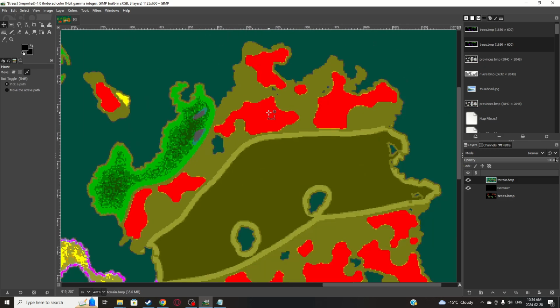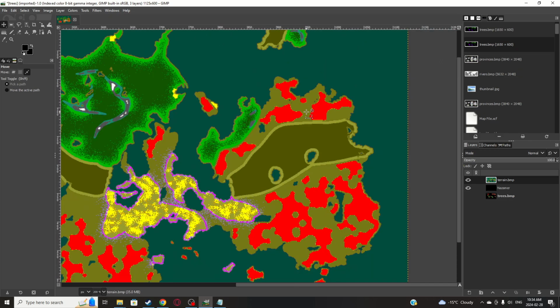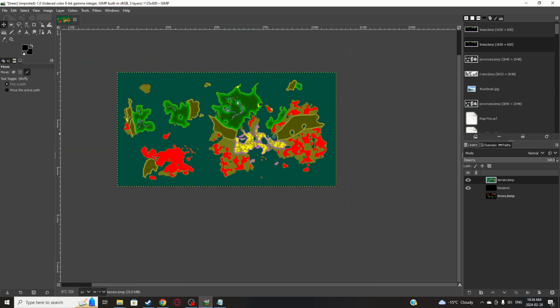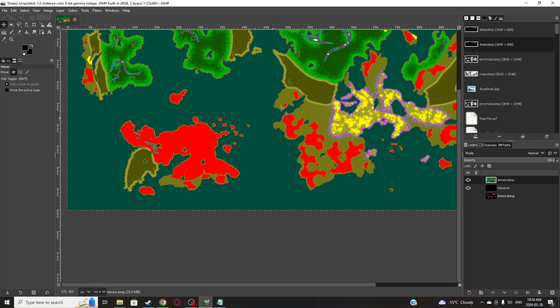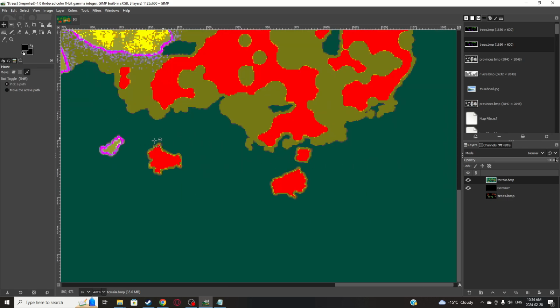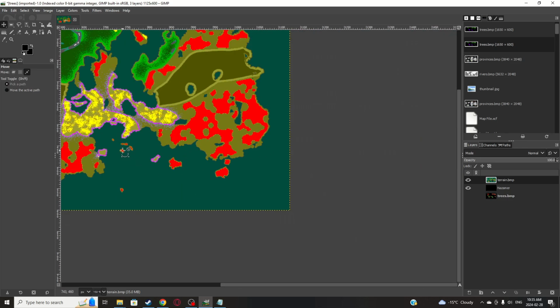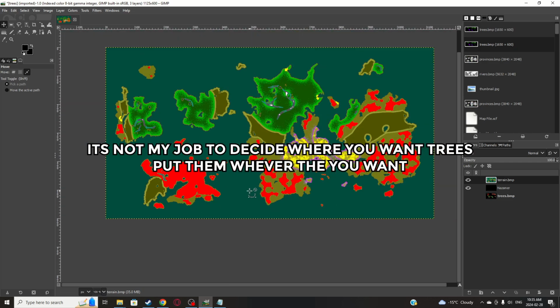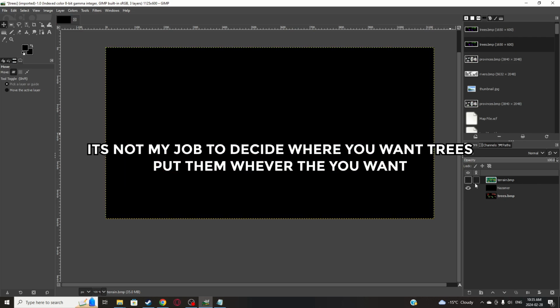Some areas you may want to exclude, like there's obviously some red areas over here, but I didn't want this to be forest. That was just an automatic generation thing. Also right here I'm not going to put any, but on these small islands right here, here, here, all of this I will. So we can make that invisible for a second,